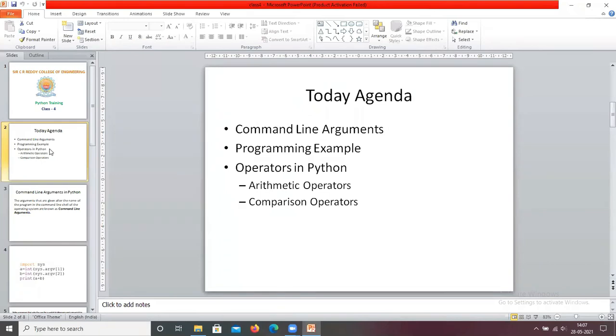Okay, so this is today's agenda: command line arguments, one programming example and operators.